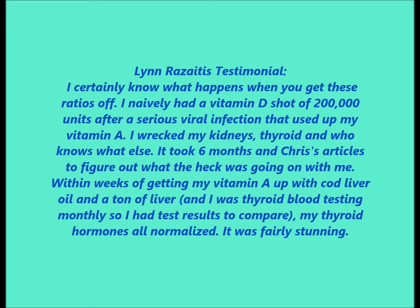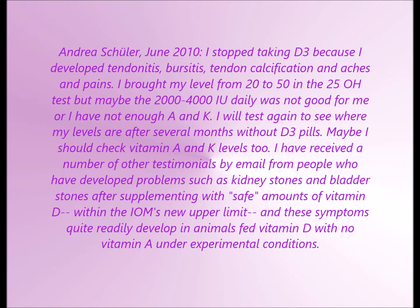Within a week of getting my vitamin A up with the cod liver oil and a ton of liver, maybe she was taking desiccated liver, I don't know. And I was thyroid blood testing monthly, so I had test results to compare. My thyroid hormones all normalized, so it affected her thyroid. You never know what's going to affect what in the body. It was fairly stunning. Another lady, Andrea Schuler, June of 2010, says, I stopped taking the D3 because I developed